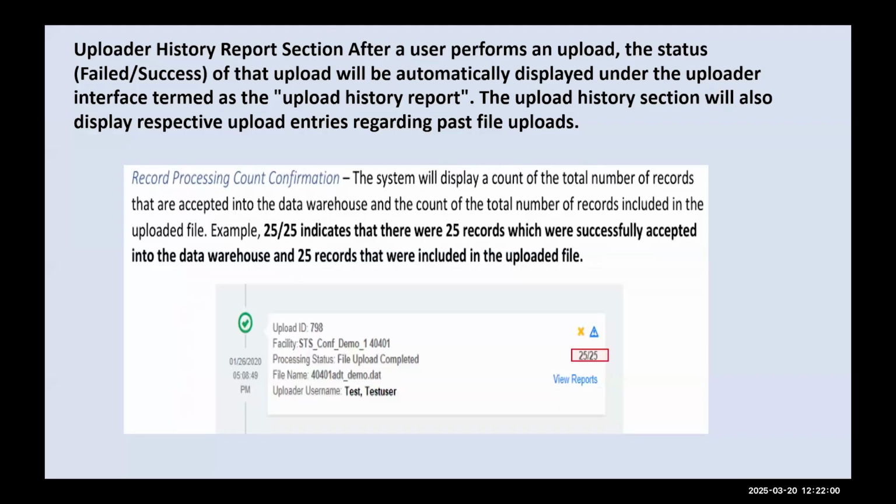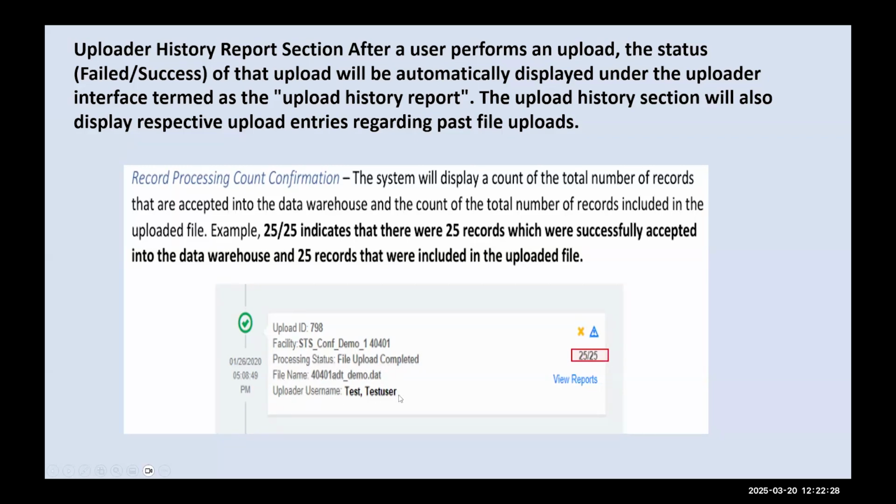Once you do that, you're going to get an uploader history report, basically. It's going to tell you the count of records that were processed. And you can see, it's got your facility number, your file upload completed, the name of the file, and whoever